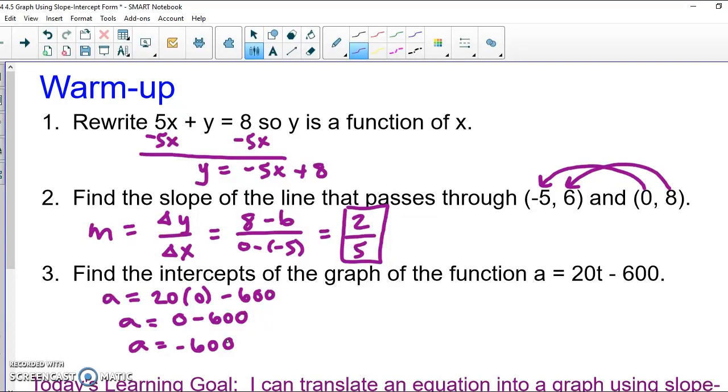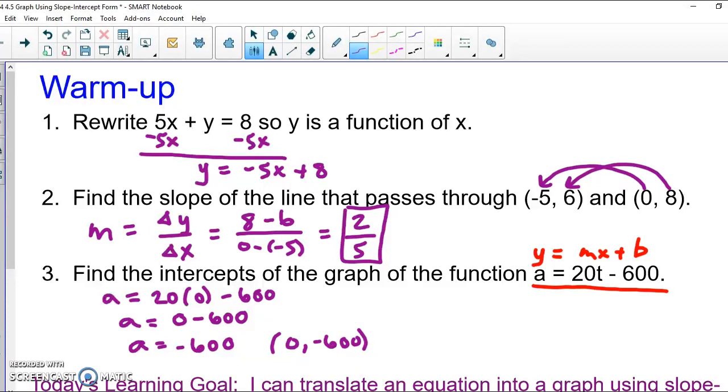a-intercept. So as you're looking at this, you might be trying to think how this relates to the forms that we're used to. And if you look closely, this is in y equals mx plus b form. So a is really like our y, and t is really like our x, because this is written so that a is a function of t. So in thinking of this a-intercept as a point, a is really like my y value. So the coordinates would look